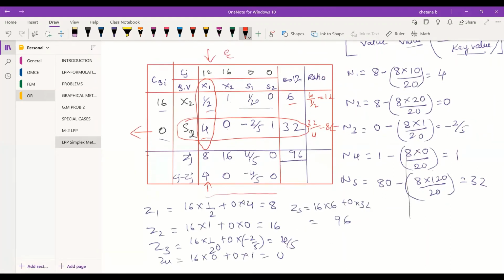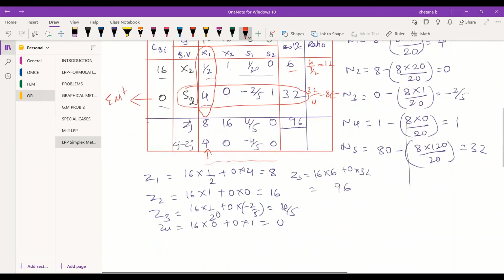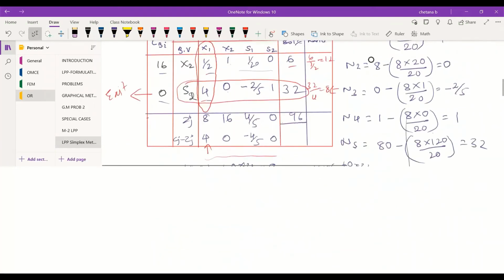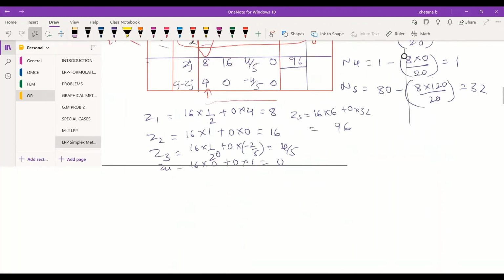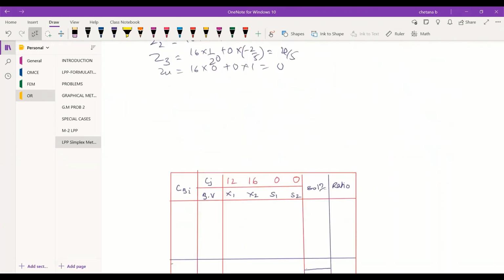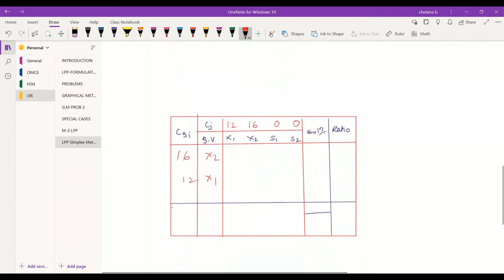X1 is the entering variable. So this is entry, this is exit. So in place of S2, you need to write X1. So here 16, 12, X2, X1. Coming to the key row.